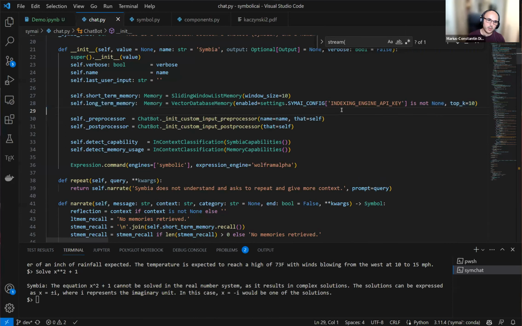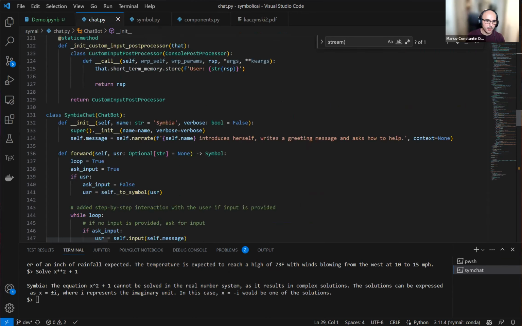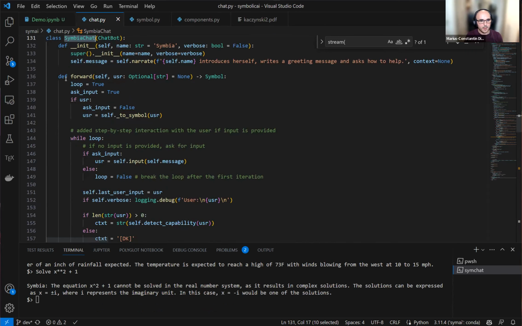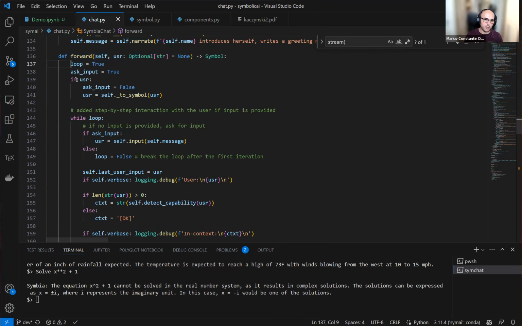So you can interact with the bot, store some information in it, and later on start a new session and query it back again. There are some other functionalities that I don't want to go into details now. But if you would do your own chatbot, or I think others call it agents, but it's more accurate with this. This chatbot is using different tools. What you can do is inherit from chatbot, override the forward function, and go from here